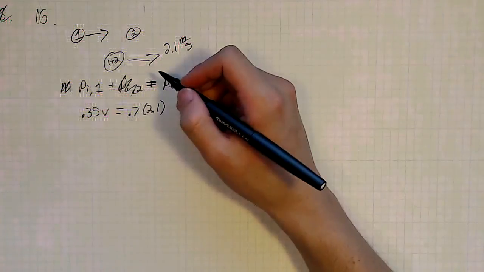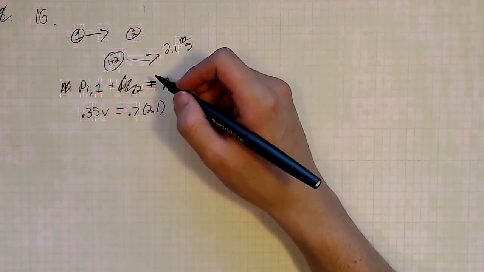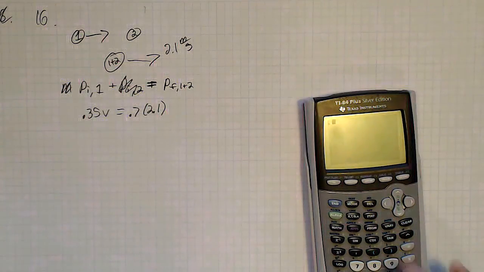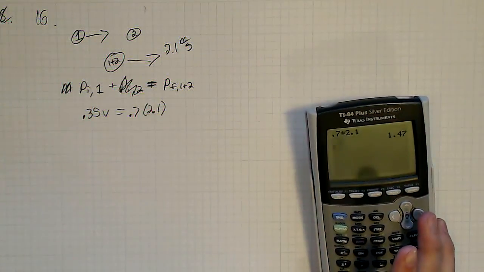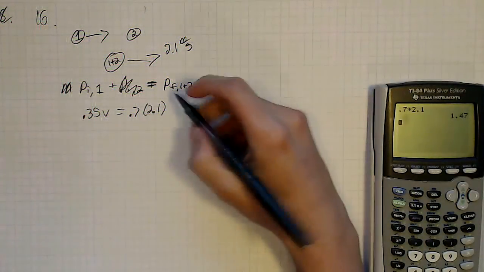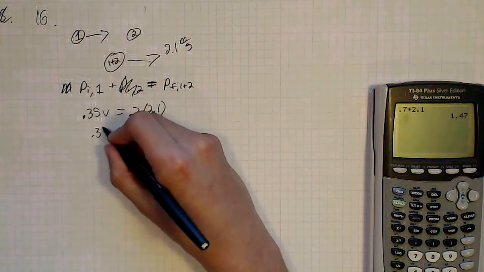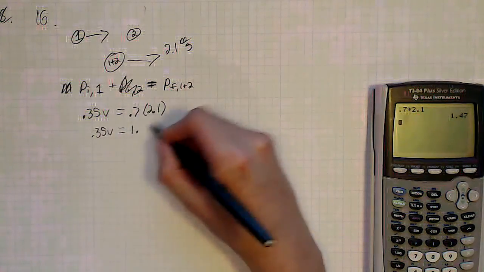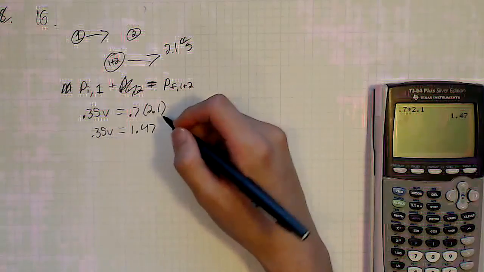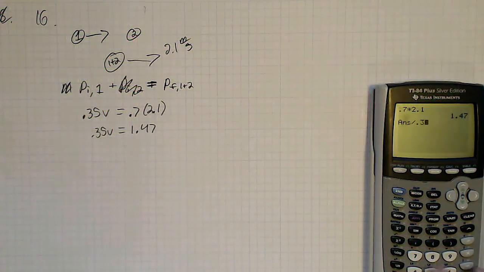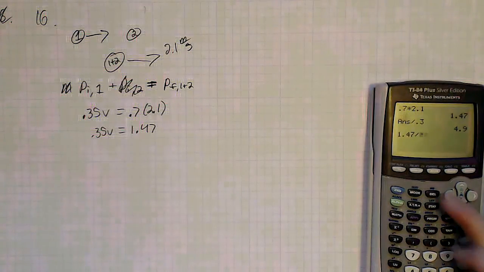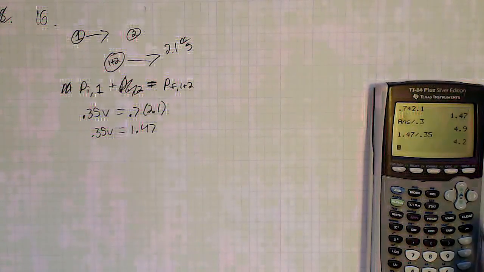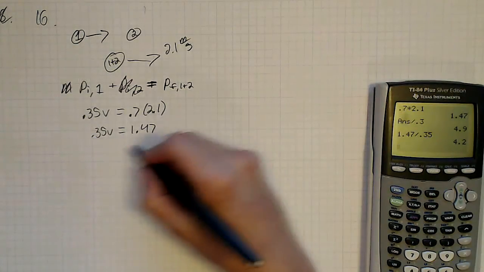And when you multiply that out, you get, I don't have this written down. Hang on, let me get a calculator. So 0.7 times 2.1 is going to give us, screen glare, 1.47. So 0.35 times our velocity is equal to 1.47. And if we divide that by 0.35, we get 4.2